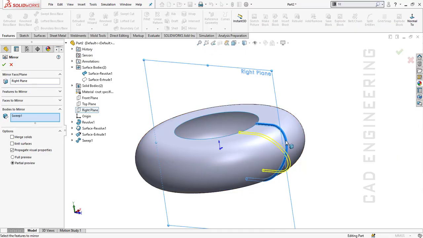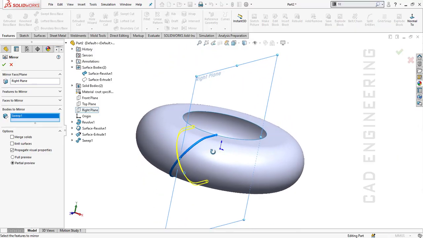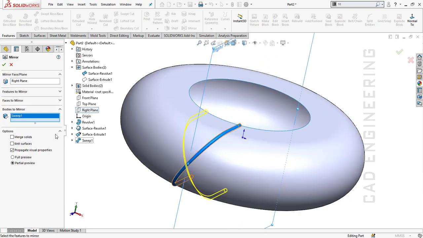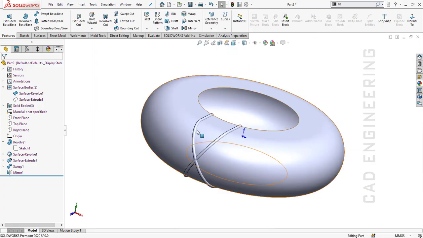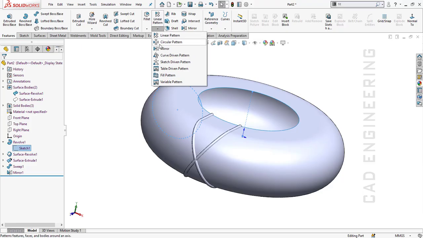Now it is mirror. Choose the right plane, mirror body. Okay,